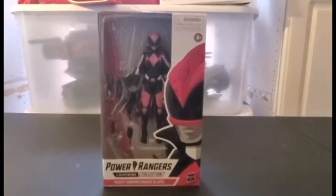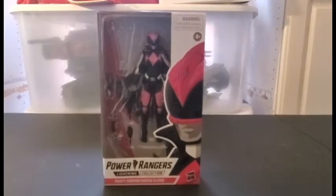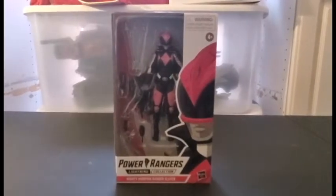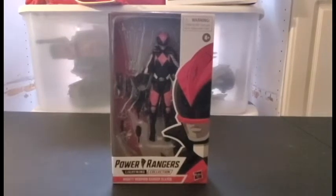For starters, I know I'm a little late to the party because the Power Rangers Lightning Collection has been around for quite some time now, but it's an amazing figure set, and I didn't want to start my reviews until I got all that I was going to get thus far. So in the coming weeks, you are going to be seeing more Ranger reviews on this channel each and every single week. And today we are starting with Ranger Slayer,